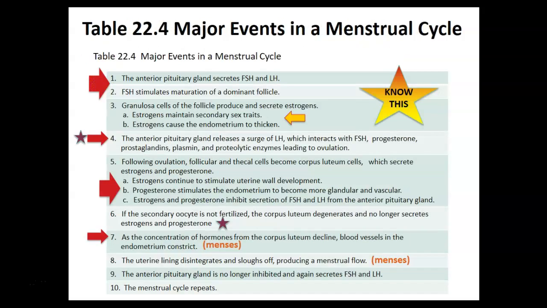So the main events of the menstrual cycle you will need to make sure you are familiar with. I have a chart that basically is what is here in writing, but it's graphical, and I like the chart a little bit better, but I think this is also a good tabulation of what actually happens. So the anterior pituitary, again, is going to release the FSH and the LH, and I keep talking about this over and over again, because the FSH and the LH are going to, here, I'll skip